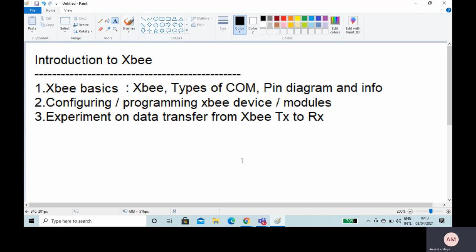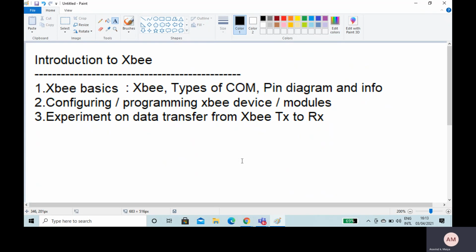Second, we will see how to configure and program an XP device using a dedicated software. The third is a simple experiment on how to do data transfer from an XP transmitter to an XP receiver. So these are the three things we will be covering in this session.